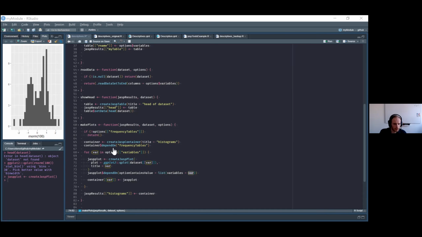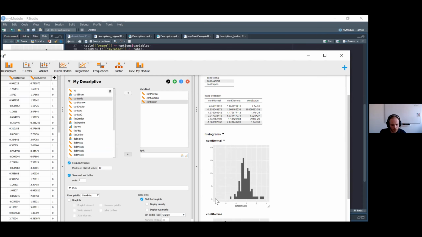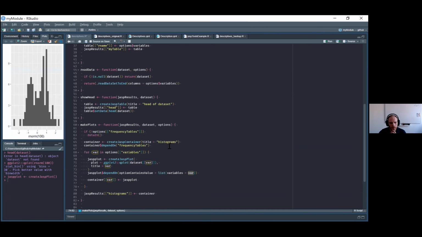So I'm going to say that this particular plot, which is created for connormal, it has the dependency that connormal is an element of this options variables. So that means that if we do this, this plot will not be thrown away unless this variable is removed